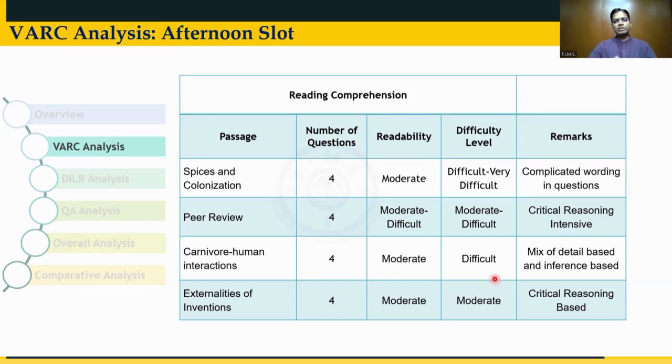So there would be statements like, which of the following statements, if false, would not be inconsistent with the passage? So that if false and not inconsistent, that can send your head spinning, and it can take up a little more time while you try to answer the passages and the questions.